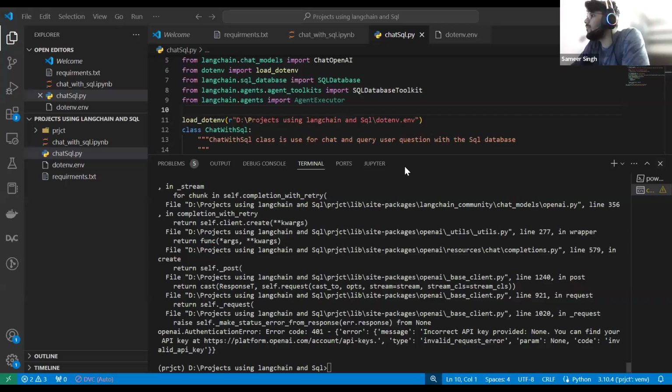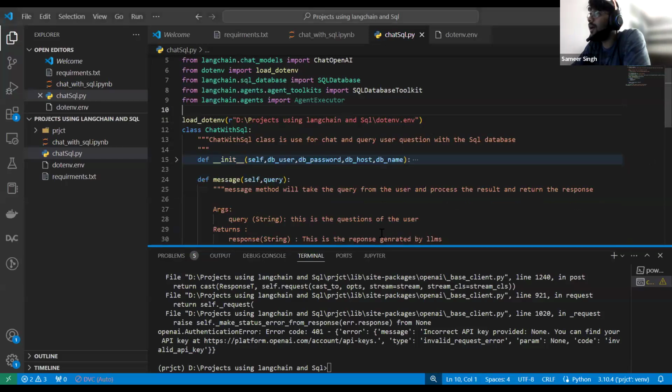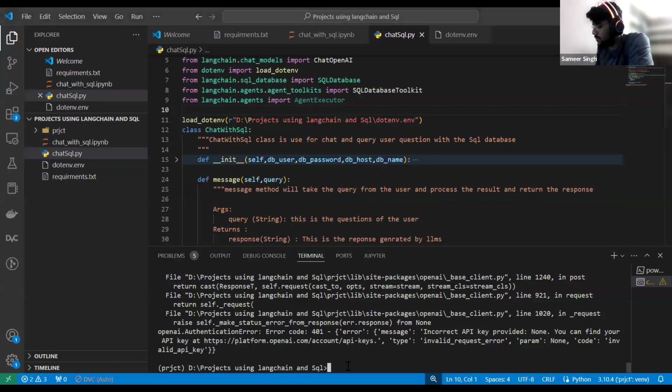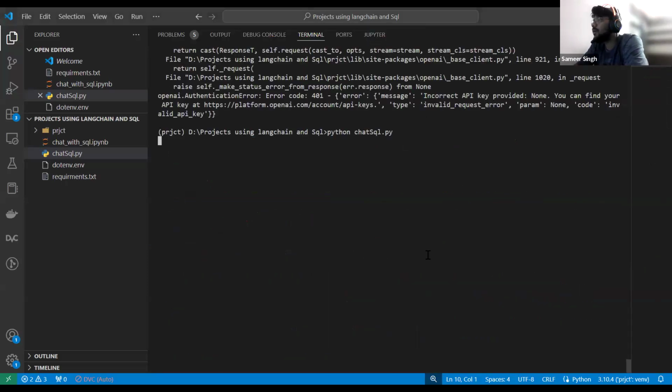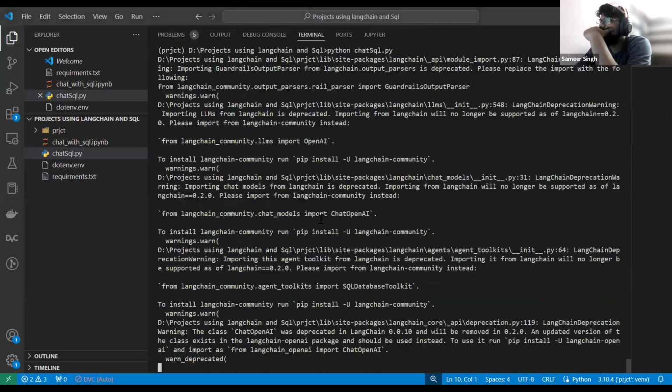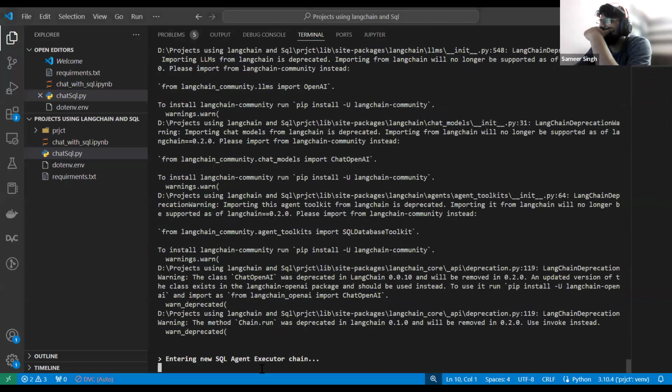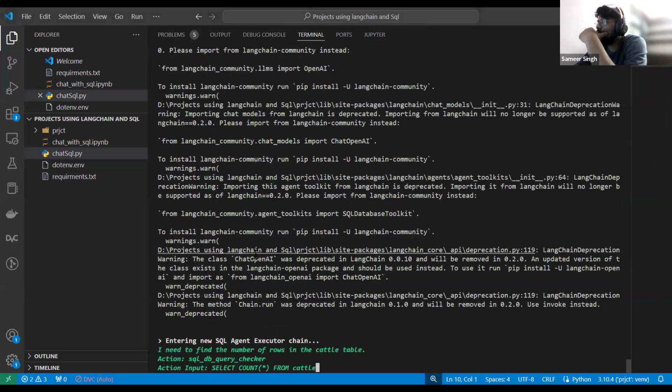Project using LangChain. Right. So what I have done, guys, I have just given my credentials here normally, and then I'll try to execute it again. A lot of warnings.